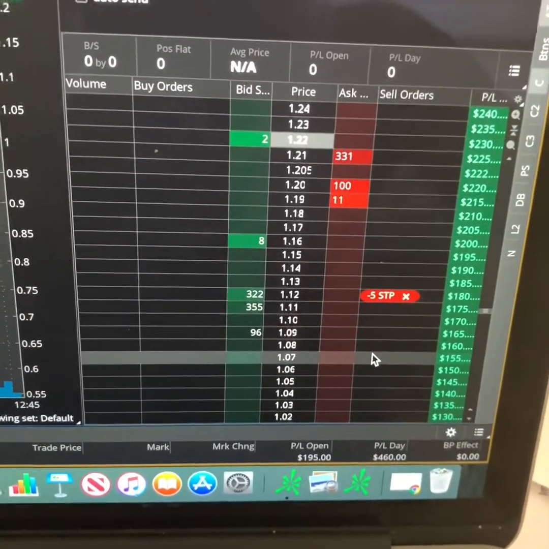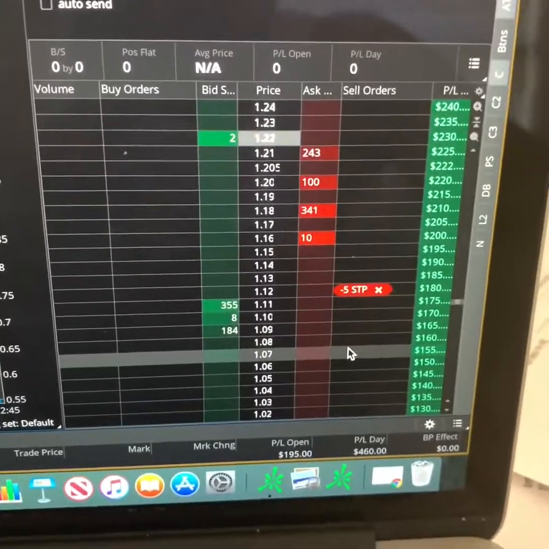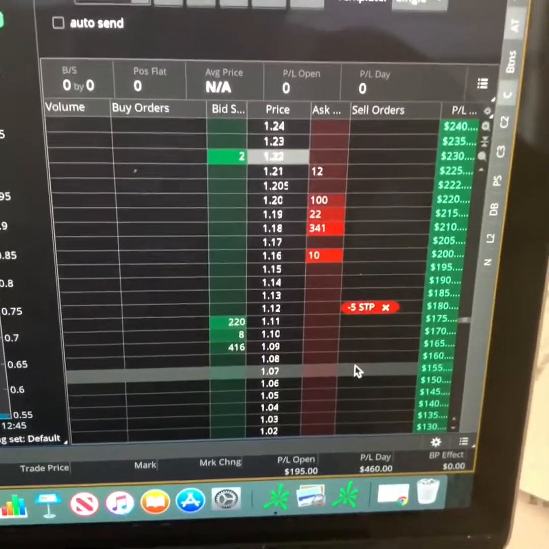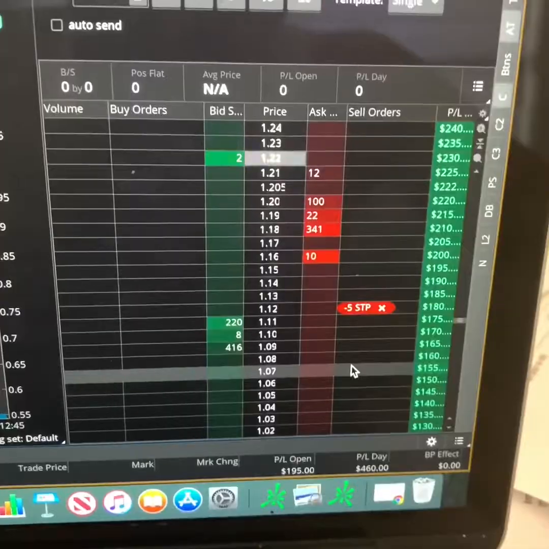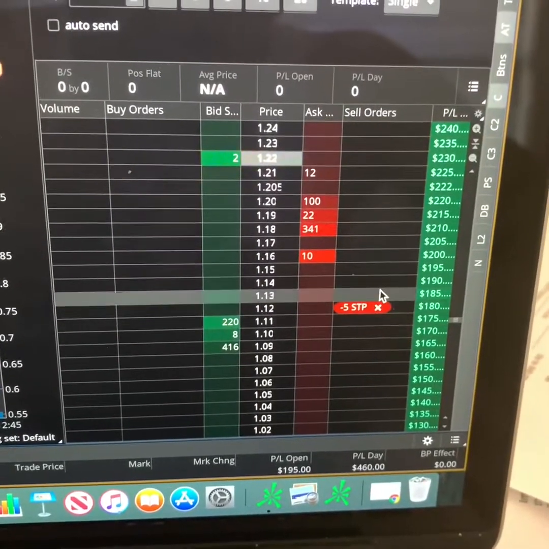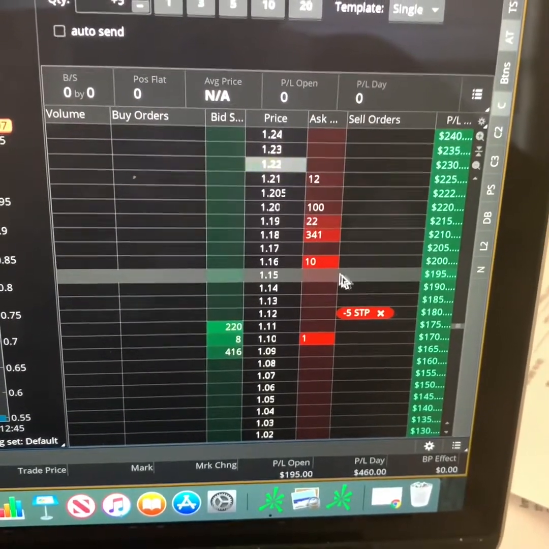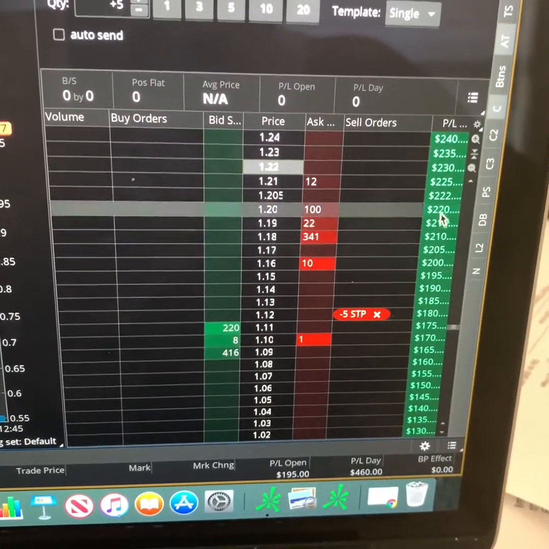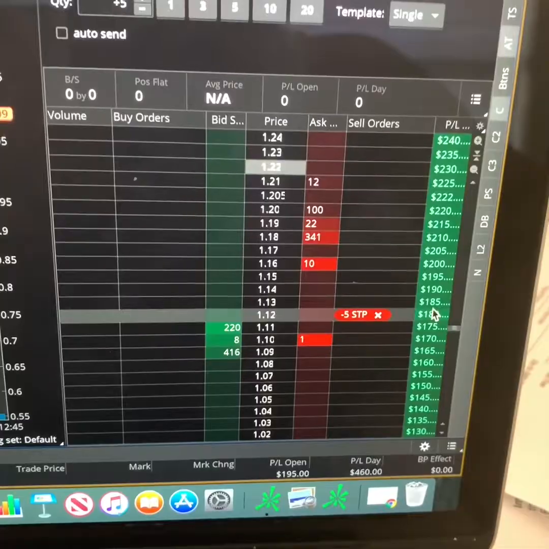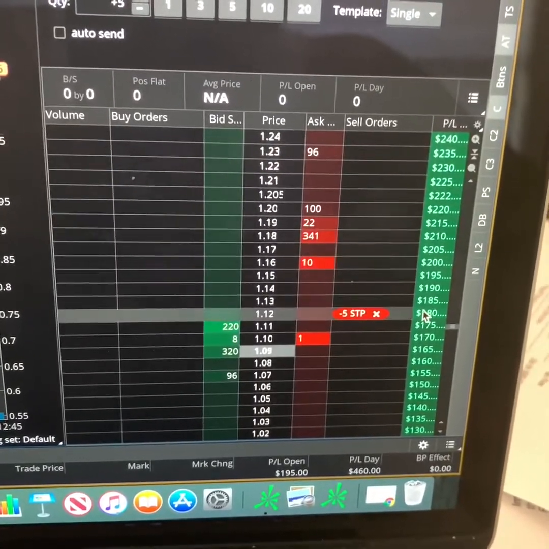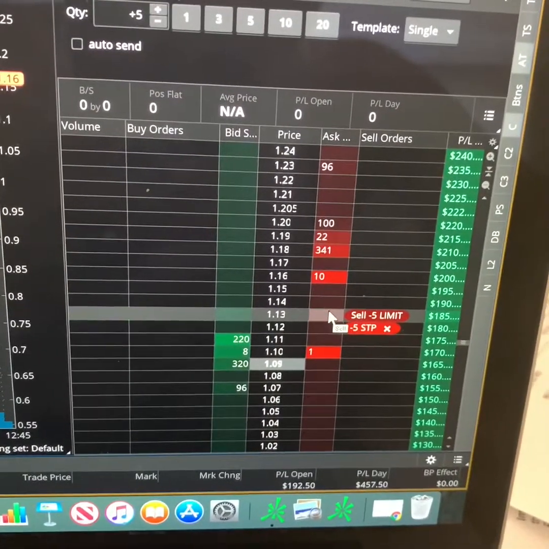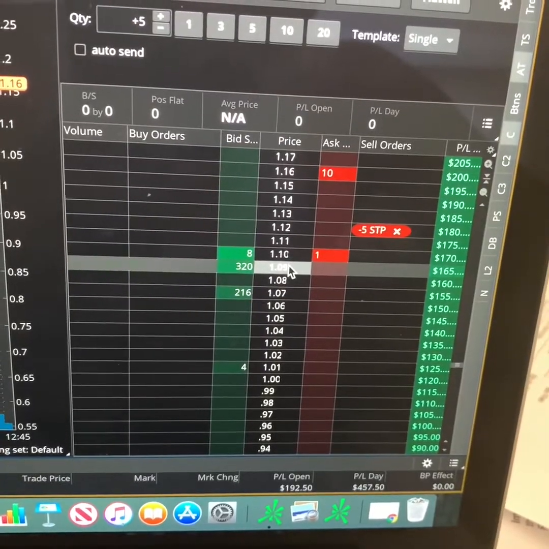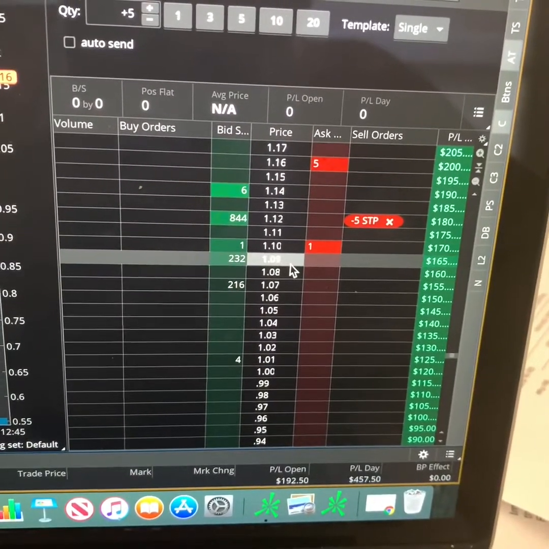When I'm deep in the money, I don't even go back to the chart. I'm already deep in the money. Why am I going to go back to the chart and see where I'm at? If this is the most important thing that we all want to look at. Okay, so this one went